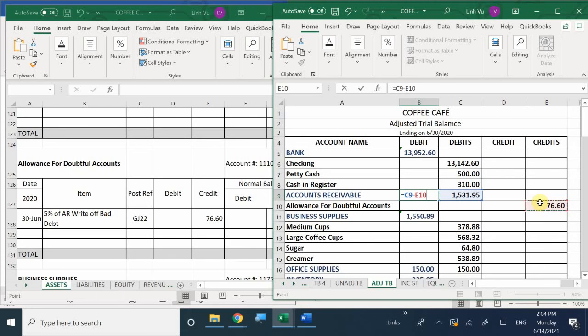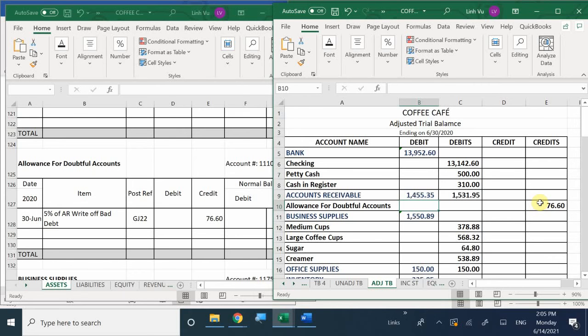If I press enter, it's going to show me the total sum of my main account subtract out my contra account, because the contra flows in the opposite direction. You have a debit minusing out the credit to get a difference of